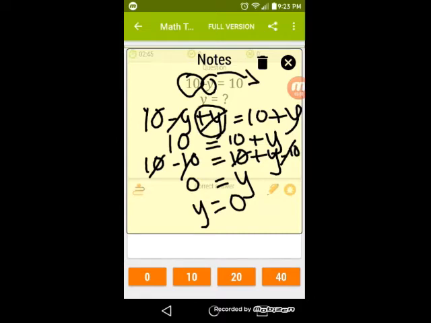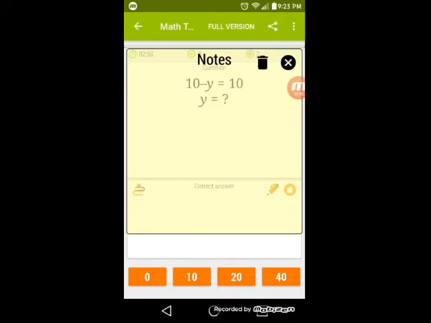So if it was positive on one side, when it goes to the other side, it's a negative. Okay, I'll show you the solution to exactly this, but now using the shorter way. So first thing I will do